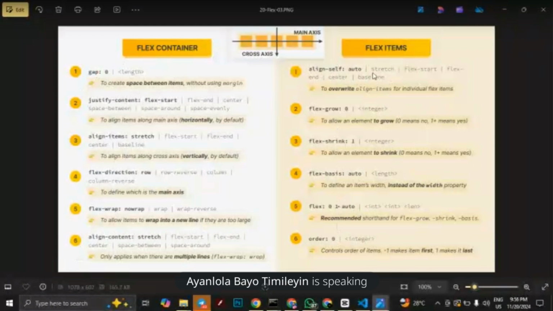Now we have gap. Gap creates space between items without using margin. So gap is more like margin. Look at these 5 boxes here, 1, 2, 3, 4, 5. The gap is the space between the first box and the second box. Similarly, the space between the second box and the third box, or you can call it margin in the box model. But in Flexbox, we use gap. Now to my code